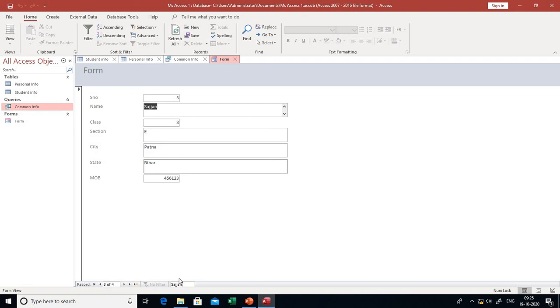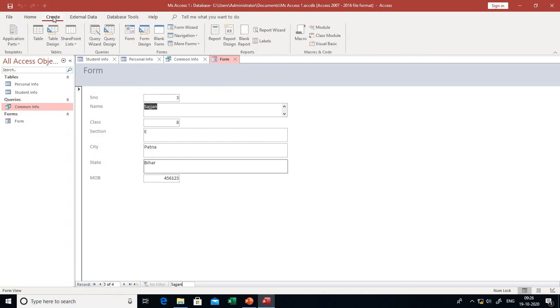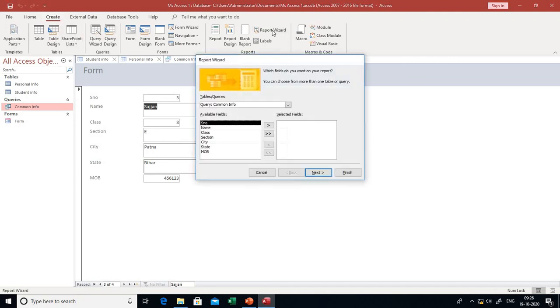Now we go for the report. First we understand what is report. Reports offer a way to view, format, and summarize the information in your Microsoft Access database. Clear? For creating a report, we will go in create option and then simply choose report wizard.